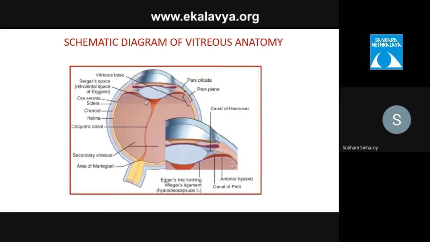The vitreous usually gets attached to the retina, but there are certain points in the retina where the vitreous is strongly adhered, particularly the vitreous base, at the junction of pars plana and pars plicata. The other sites are the optic disc, the macula, and also the blood vessels, where the vitreous is very strongly adhered. This is important in relation to surgical maneuvers. We should know where the vitreous adhesions are strongest.